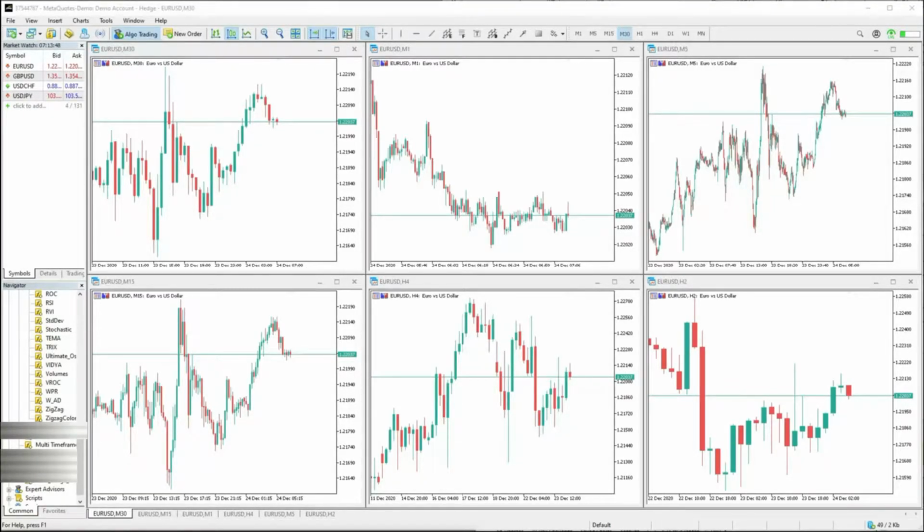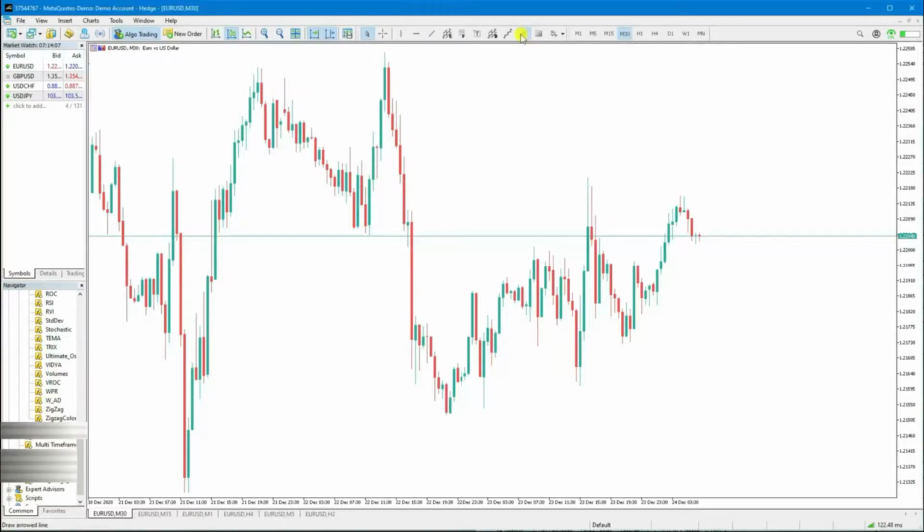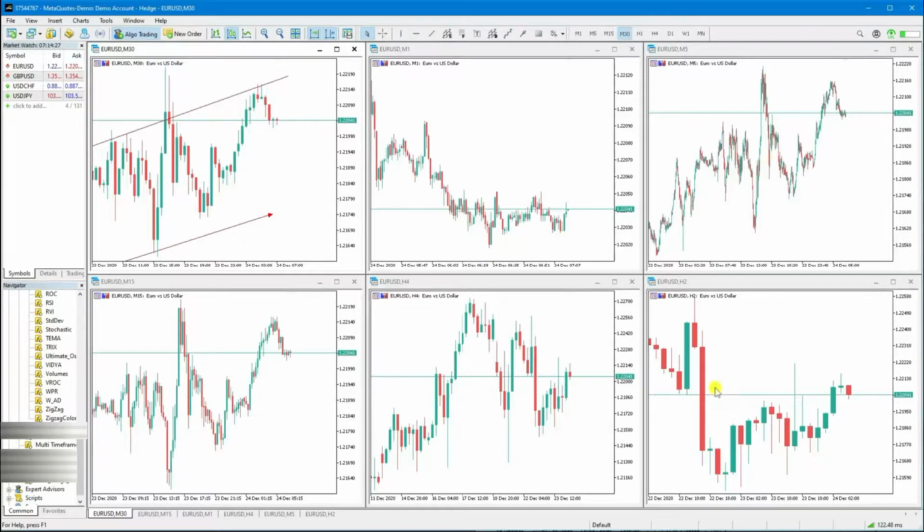Today we are going to see one of the tools which I have created to solve a problem for price action traders in MT4 and MT5. As you know, in MT4 and MT5 we cannot synchronize our drawing tools. For example, if I draw an arrow, a trend line, or a rectangle to show my zone area in MT4 or MT5, these drawings won't synchronize automatically to other time frames. So if I draw something on the higher time frame, it won't show on the lower time frame.